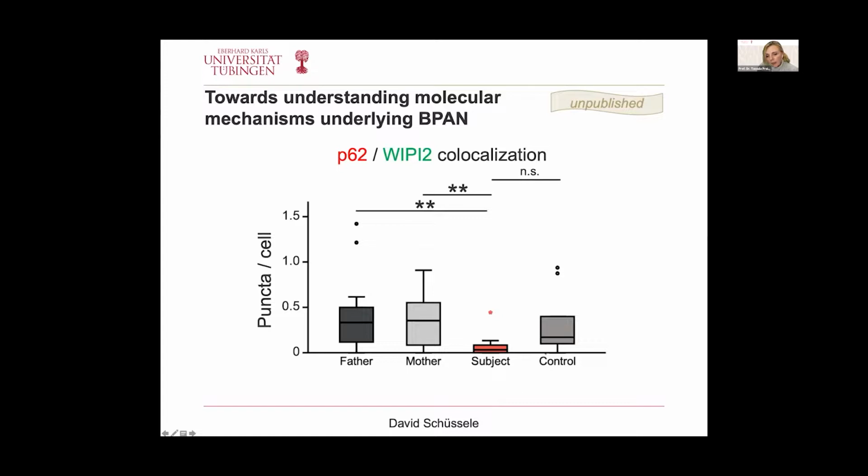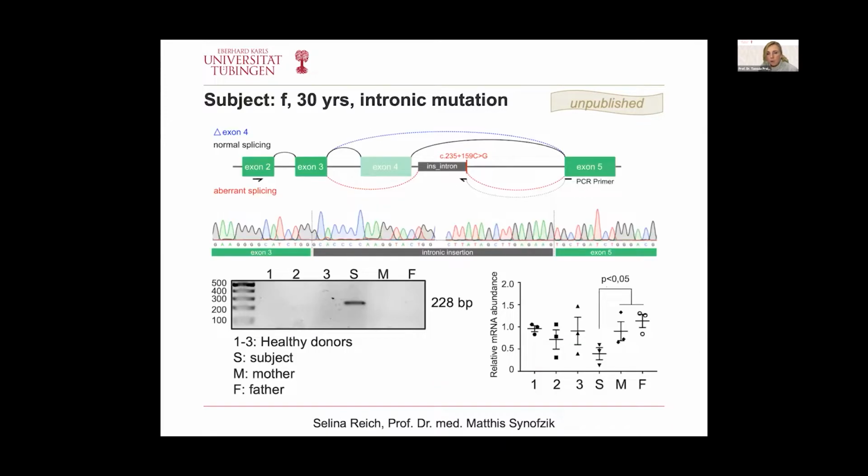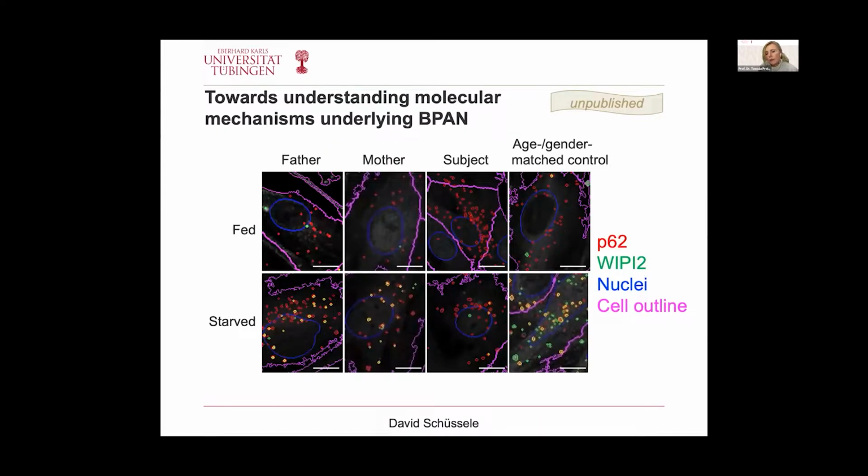We then were interested to see what kind of putative protein could be still present. Let me just flip back, and I will go further quickly. In this patient, we would have a premature stop codon, but still a peptide could be expressed, and it is assumed that this is degraded, but it may not be degraded.